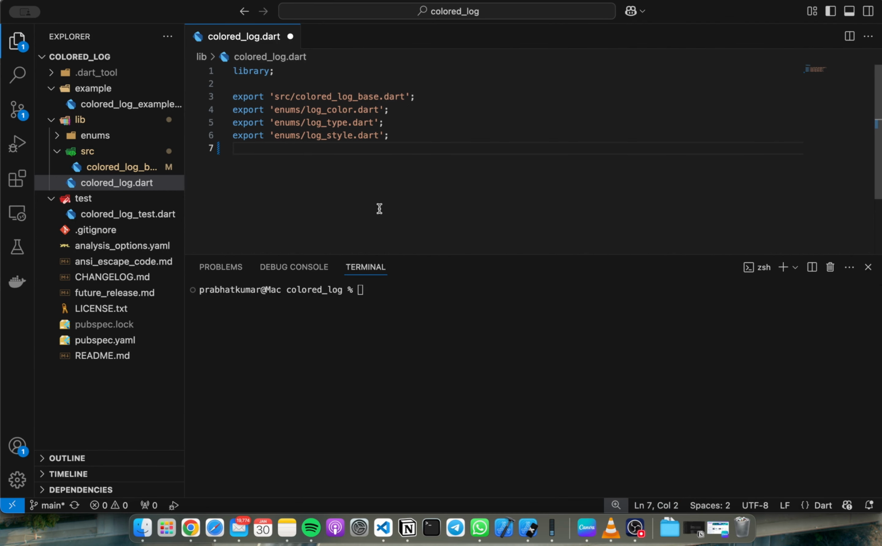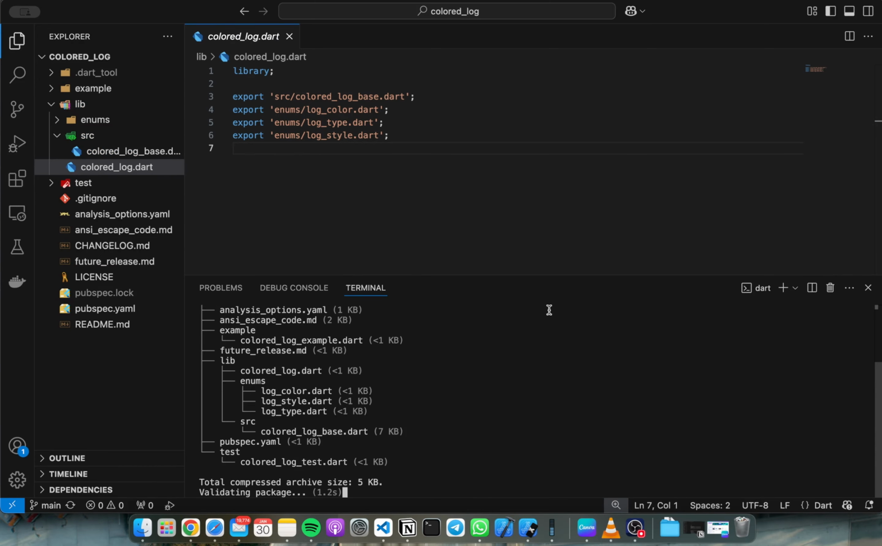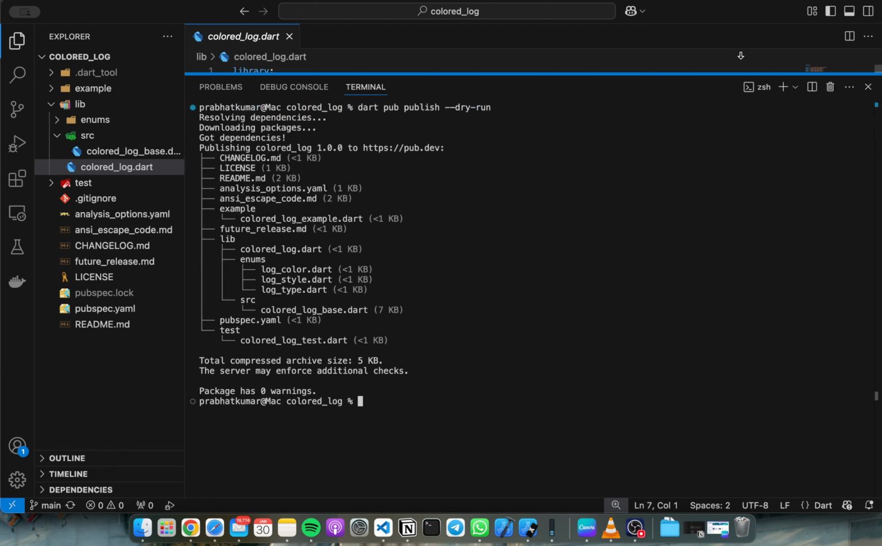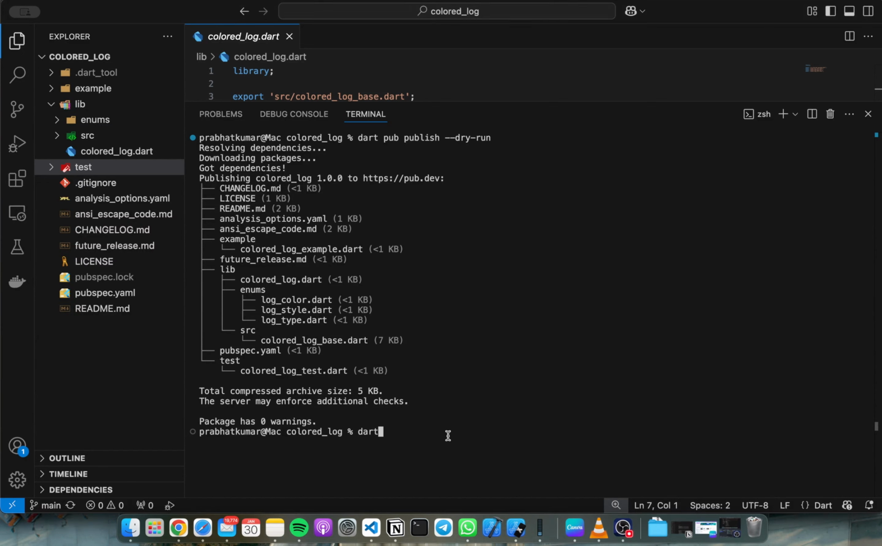Before publishing our package, we will verify if everything is alright by running dart pub publish --dry-run. Now we can see that the output message verifies that the package has zero warnings. So we can proceed with publishing our package. We will use the command dart pub publish,